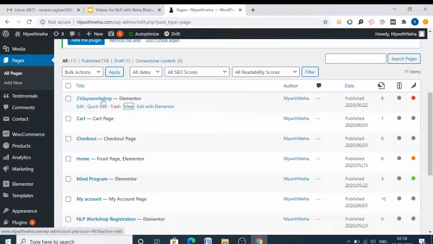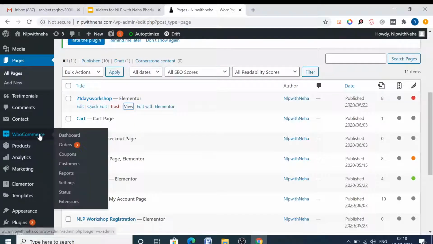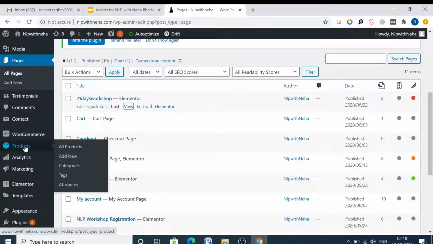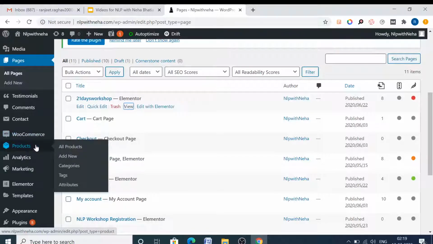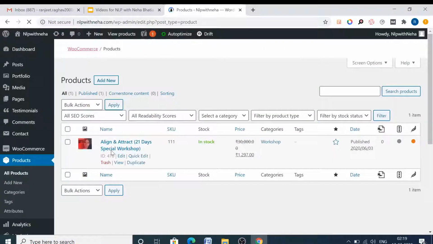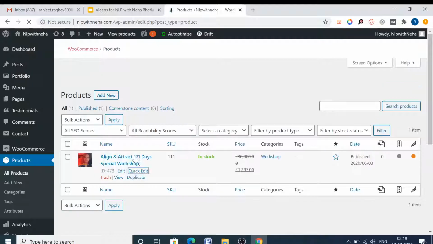The next thing is prices on the product. So for product, you need to go on to this. You see WooCommerce here, and here we have the option of products. In WooCommerce also you can see the orders. So we'll just go to products, all product, and then quick edit.